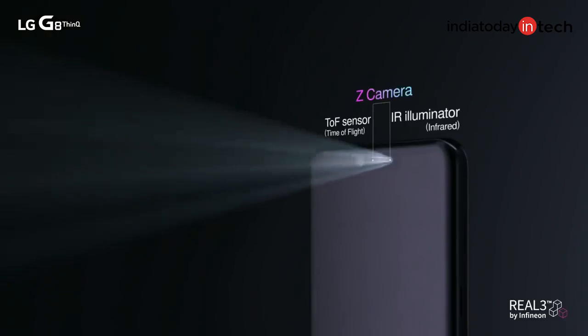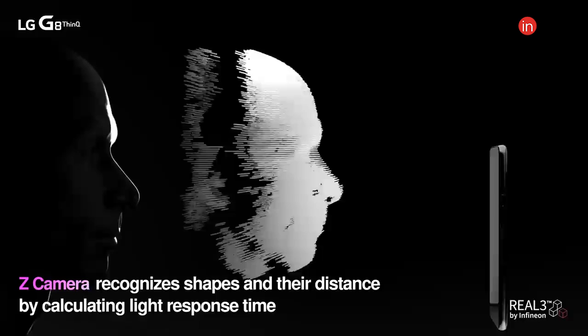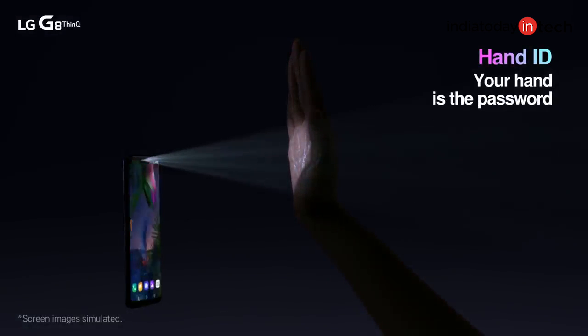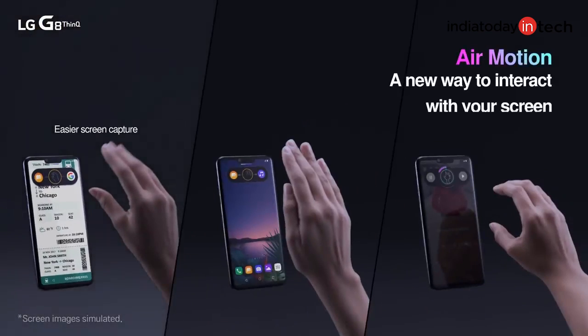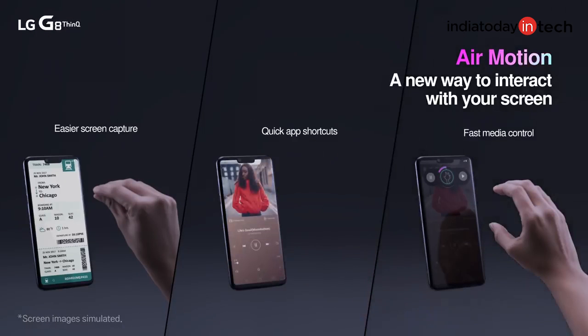technology. What's even more cool is the fact that it has a new hand recognition feature, which LG is calling the Hand ID. It utilizes the front camera that has a time-of-flight sensor built in to recognize your hand. So you can unlock the smartphone without even touching or looking at it. We are yet to see how accurate it will be, but LG has built a lot of new features, intuitive features around it. With just a simple gesture, you can take a screenshot, control volume, answer calls, or do plenty